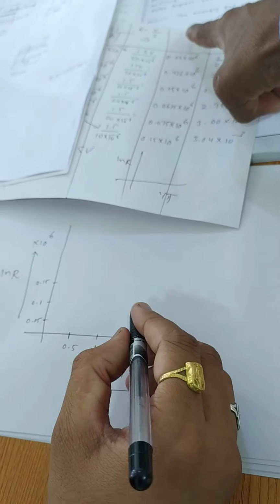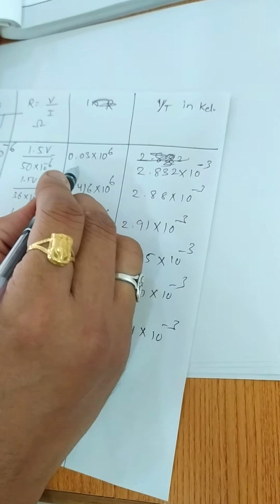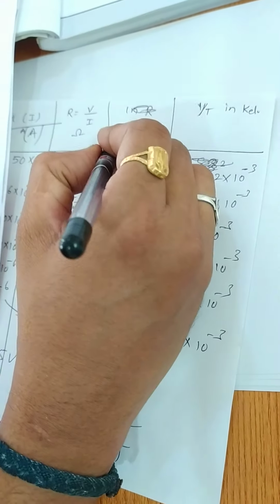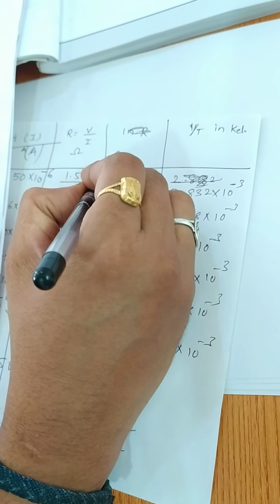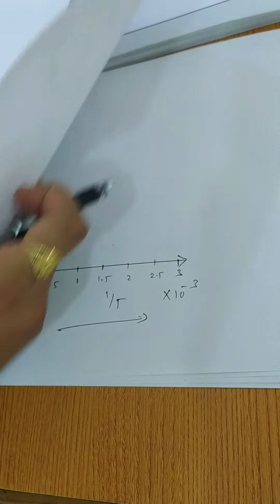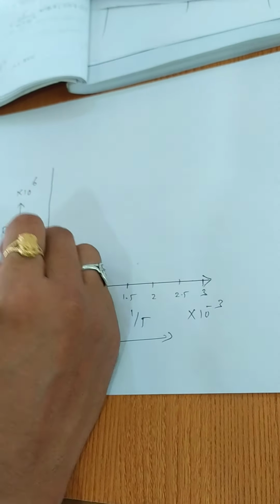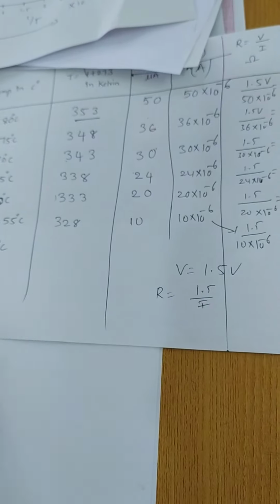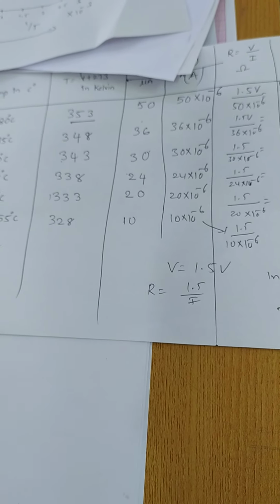Okay, this is not ln, sir. This is R only. Sorry, this is r only, so we need to apply the ln of r. This is like r, so apply ln of r here, so you will get the values. Ln of r will be approximately somewhere, so I will make one more graph. Okay, so r is this one, so ln of r, so all the values will be like this.